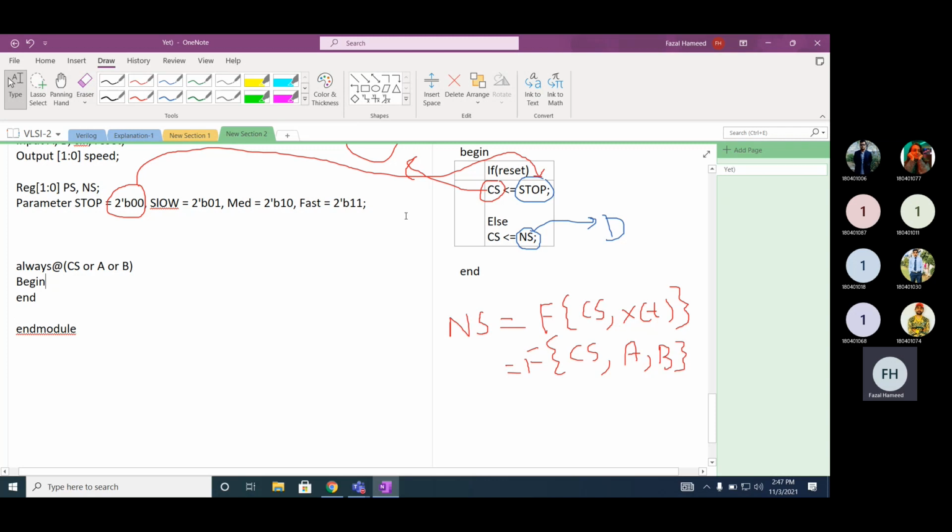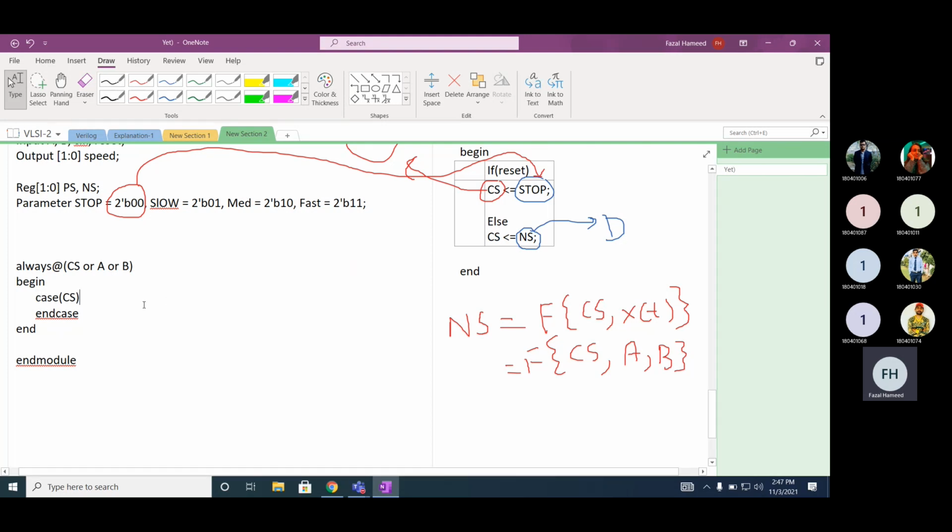How many possible states are there? How many possible cases are there? 4. So we can have a case statement, case on the current state, and then endcase. Actually, this begin and end should all be in small letters. Why should it be in small letters? Because it's a case sensitive language.